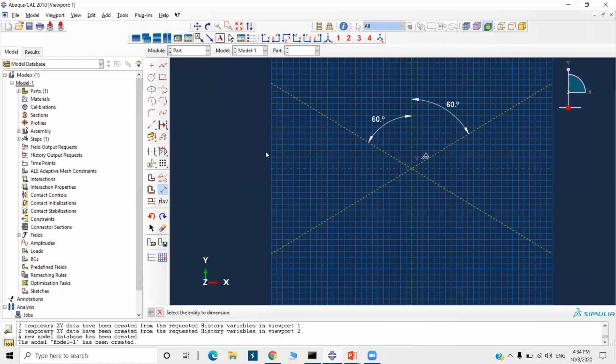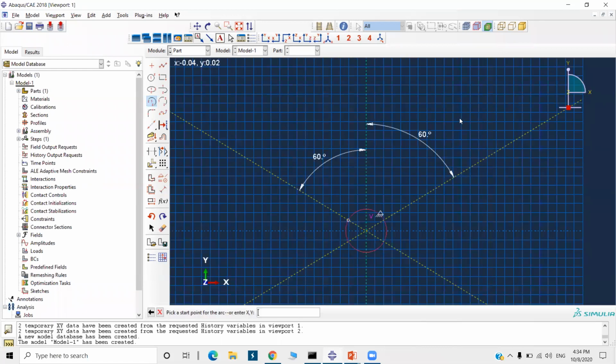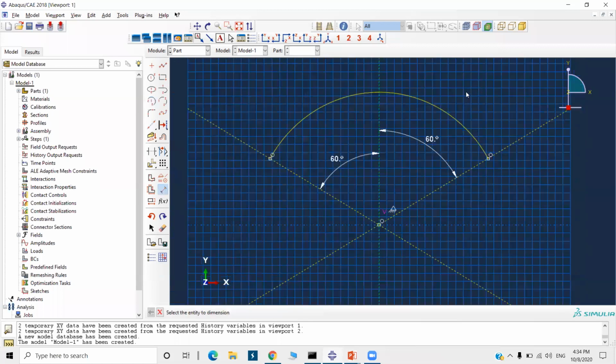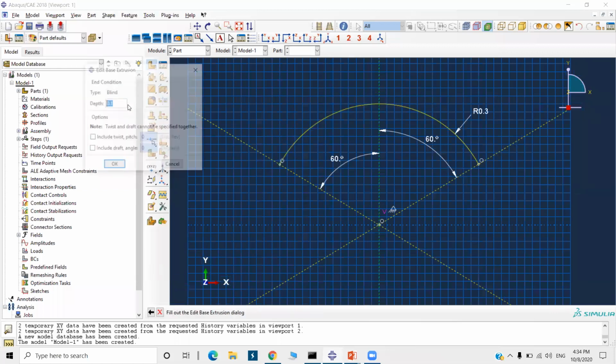So this I'm going to take as the center, first point, and this is the end point. And the radius is 0.3. Now it is done, say done. Its depth is 0.25. The panel is defined.